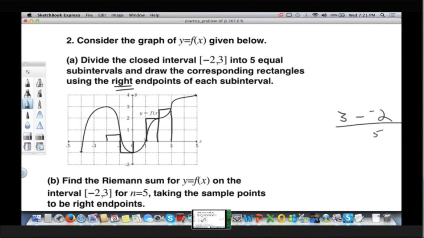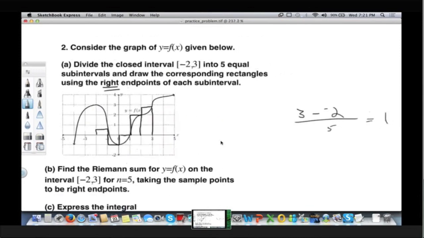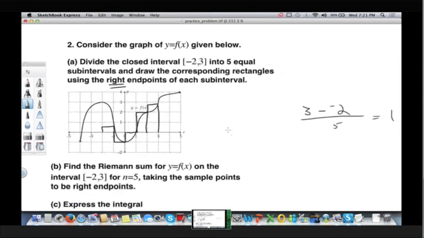Meet the function. Okay, so I did that. Now we do